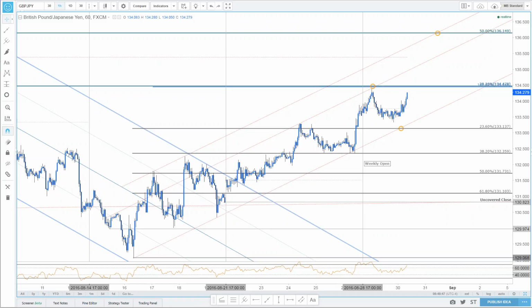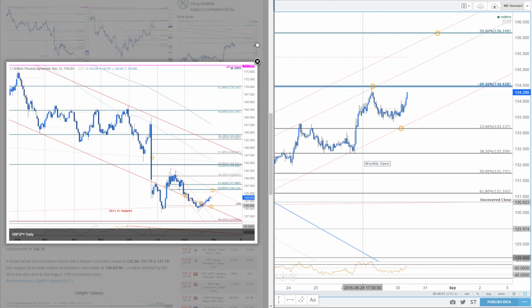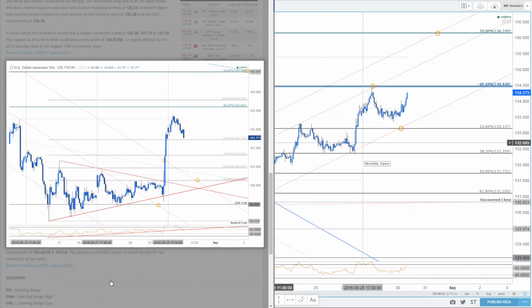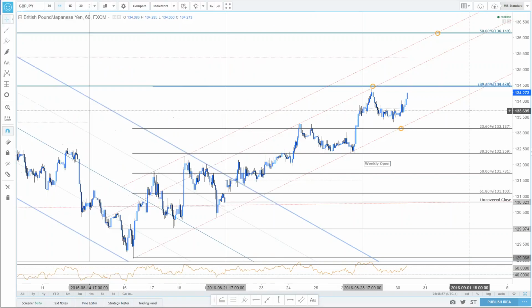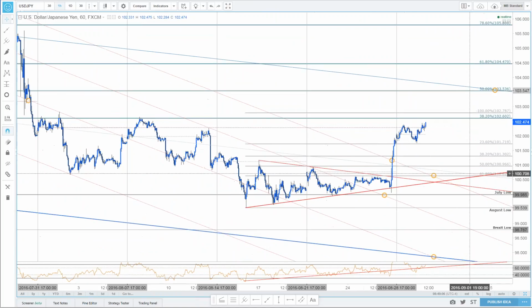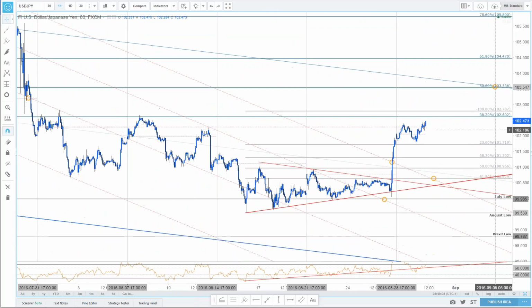Alrighty, last up from last night, before we jump into your questions, is dollar yen. Okay, here's what the setup looks like for dollar yen. A little bit tighter of an ATR range than sterling yen, but essentially looking at a very similar play. The only thing I have with dollar yen is I'm trying to get a pullback to get long on this thing,